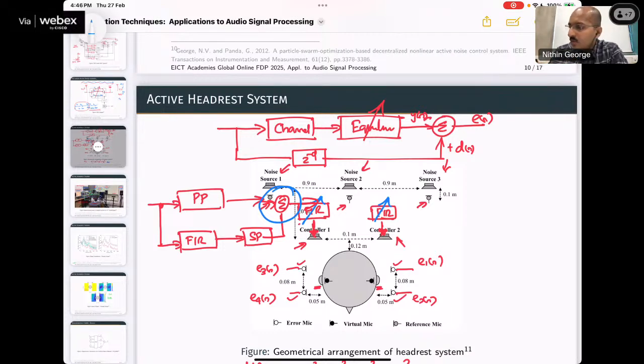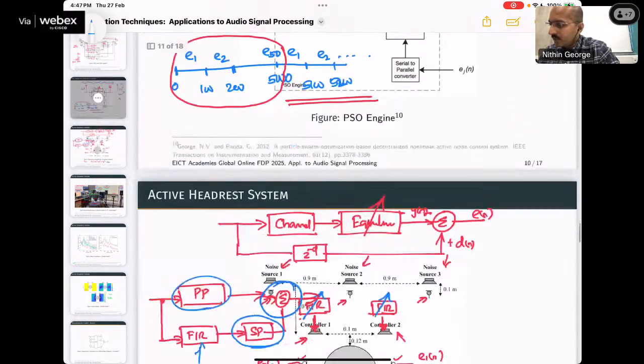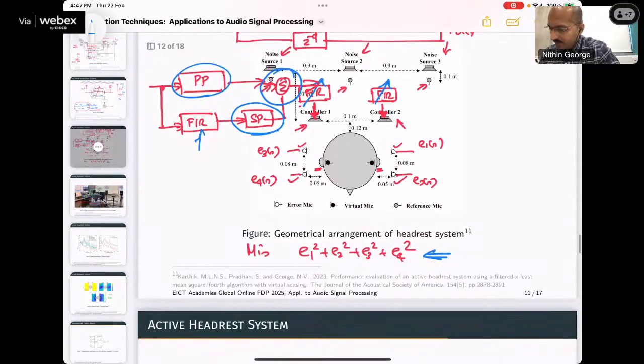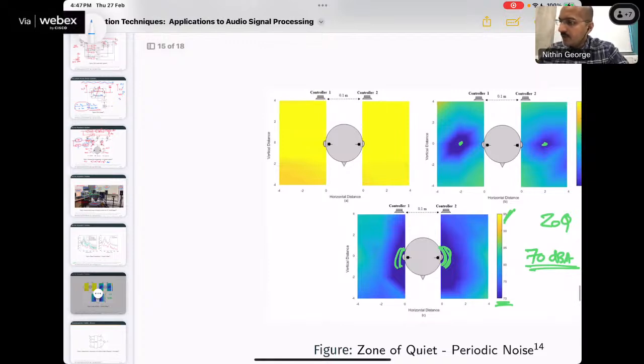Understood? So in an equalizer, you have a cascade of filters. There is a channel and then it is an equalizer. Here you have a controller, and then there is a cascade, but that is of a secondary path. And then you have another system over there which is going to give me an output. But because you asked this question about equalizer, let me give you an equalizer in audio. Equalizer in audio, in the sense, if you want to take one example,